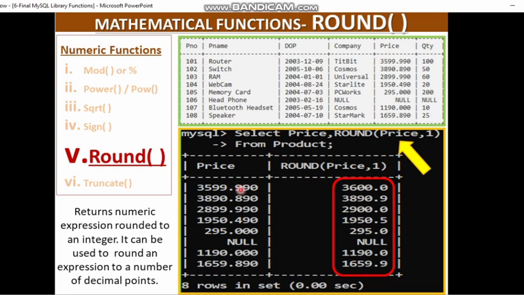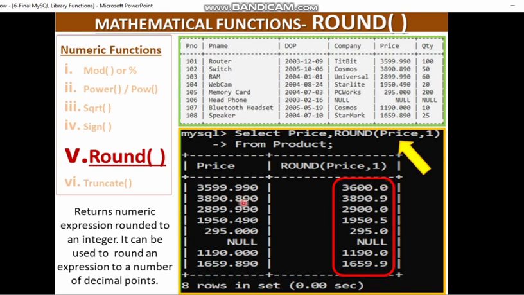This is, you know, in mathematics. And if this 9 is rounded off to the next number, it becomes 10, where that one value is added to the units place. So 3599 becomes 3600 and 0.0. 0.0 why? Because you have given 1. So after decimal you have to display till one digit.